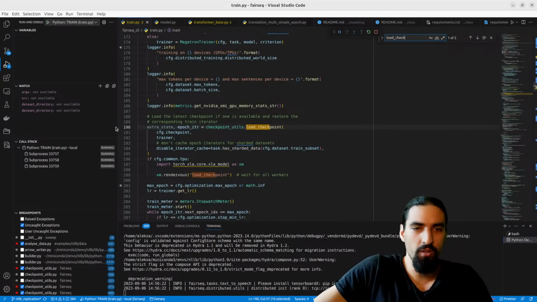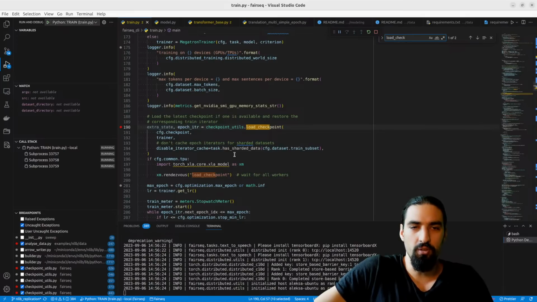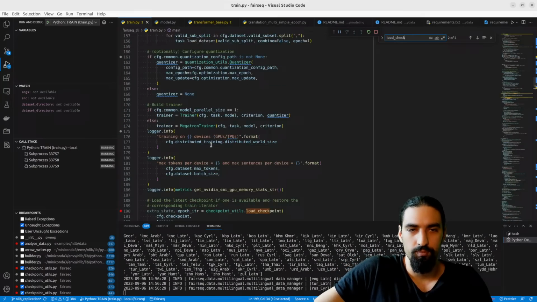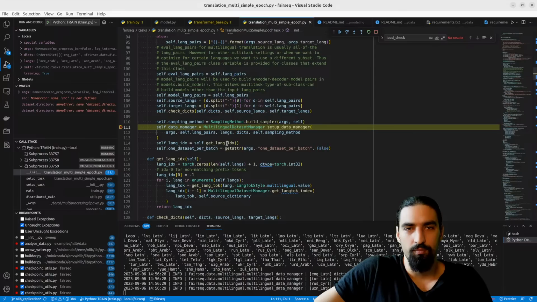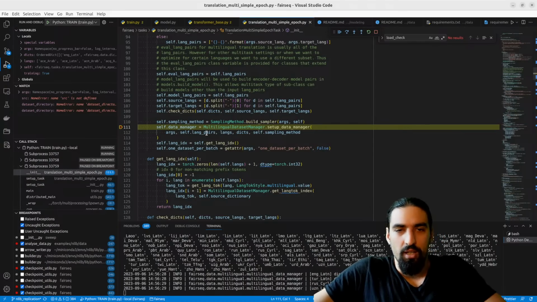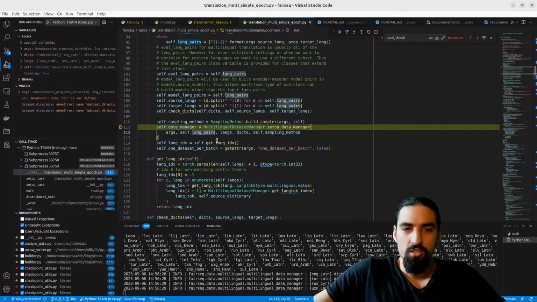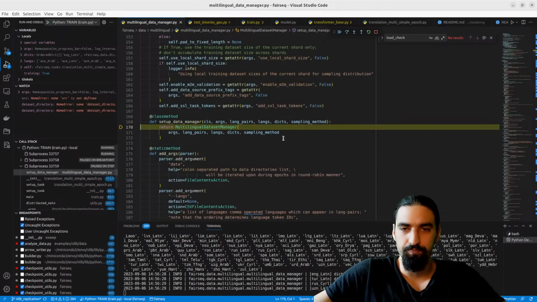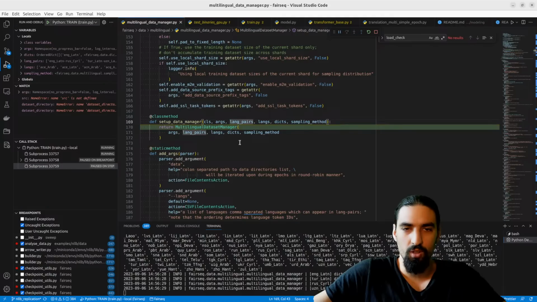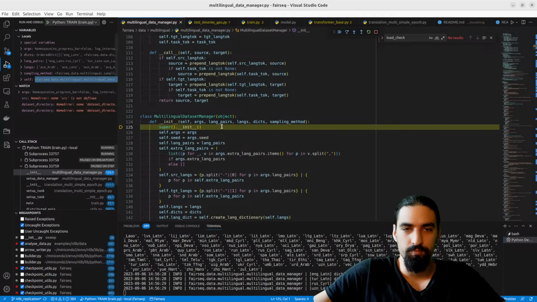Load checkpoint, I think we need to put a breakpoint there. Okay, language pairs. Here are the language pairs. Let's enter here.